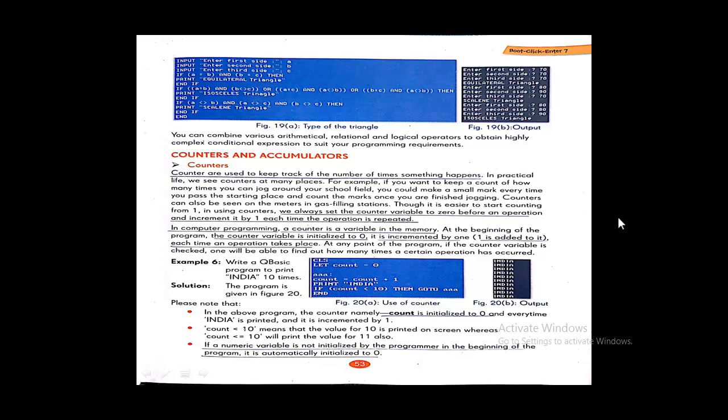Now counters are used to keep track of the number of times something happens. In practical life, we see counters in many places. For example, if you want to keep account of how many times you jog around your school field,